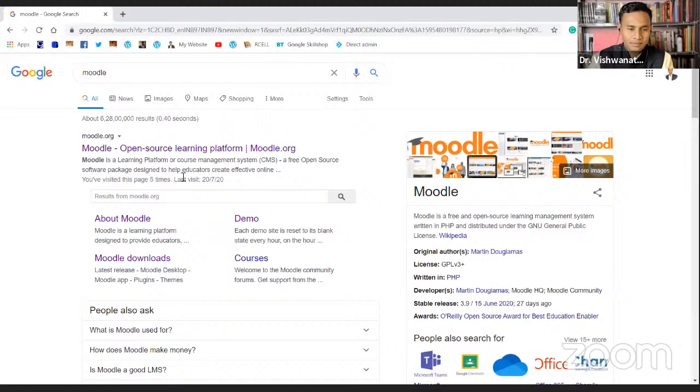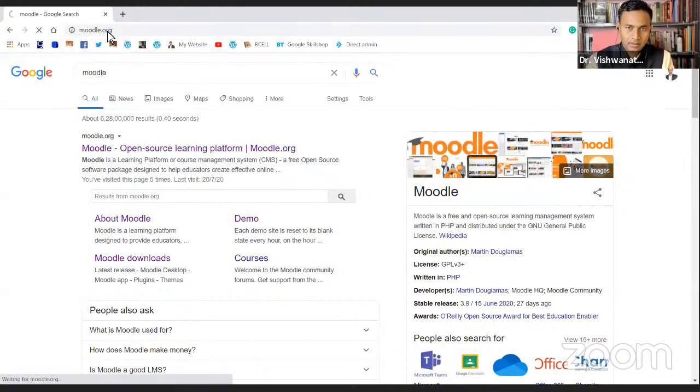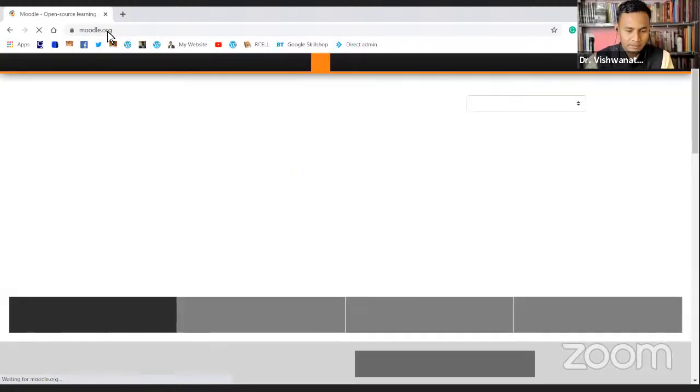Just go to Google, type Moodle, and you will find moodle.org. That is the first website. Just click on the first result, or directly type moodle.org in the address bar. That is the official website of Moodle.